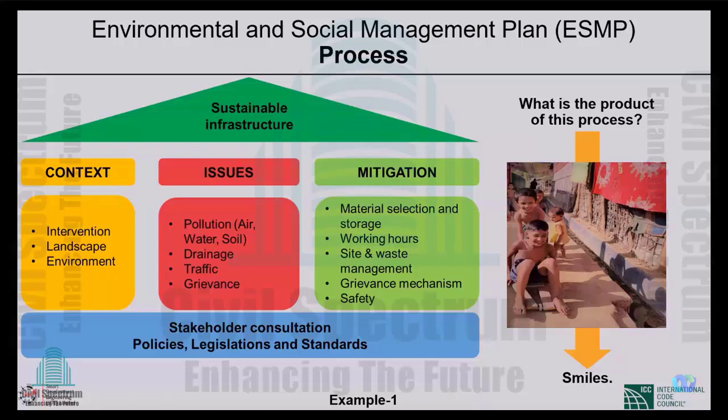How much water will come from the rain? How much will it drain? The context, the whole area of use, demand, that we understand. Context means demand and supply have to be understood properly. Then what are the issues? What can go wrong?